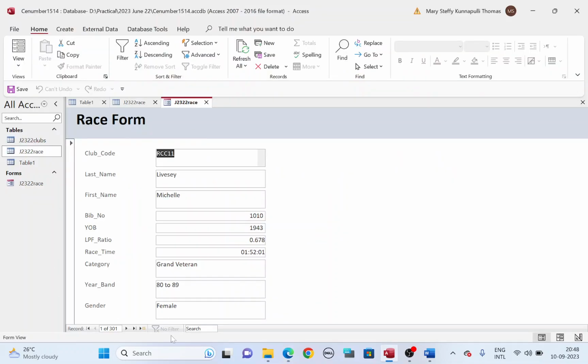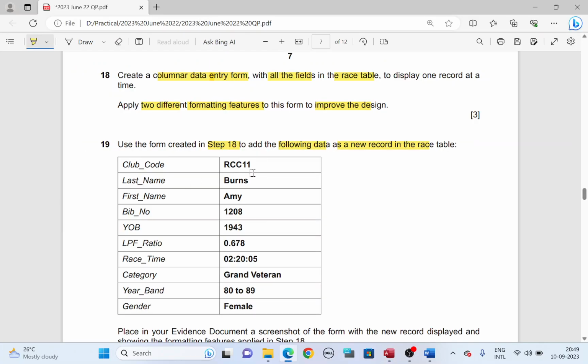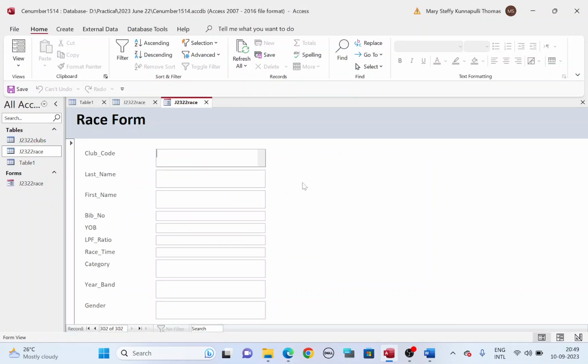So you'll have to get a new form. In order to get a new form, you have an icon here to add a new blank record. Click on it. At the bottom, you have it here. Click on it, you get a new blank form, and then there you can type in the new record. So the first one is